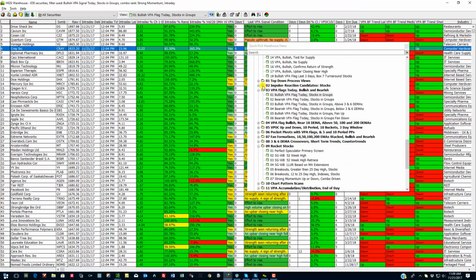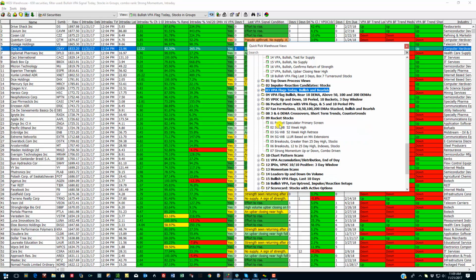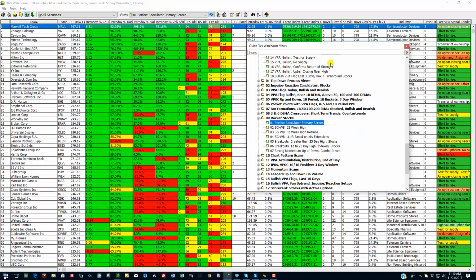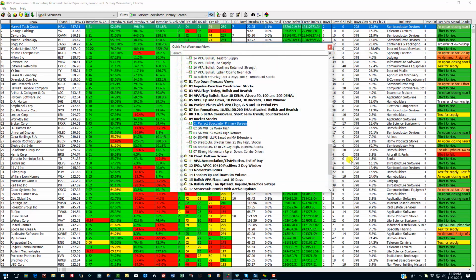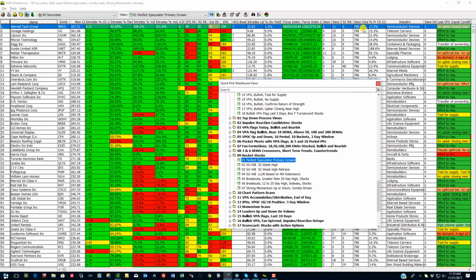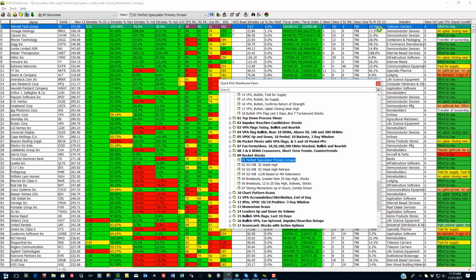Now, let me get back to this Perfect Speculator screen. These are stocks that are hitting either, while they may or may not be all-time highs, HGSI just goes back 798 days on the calculation, which is about 3.2 years. So if you look over at this column here, see days close is high 798. That means that this stock is out to at least a 3.2 year